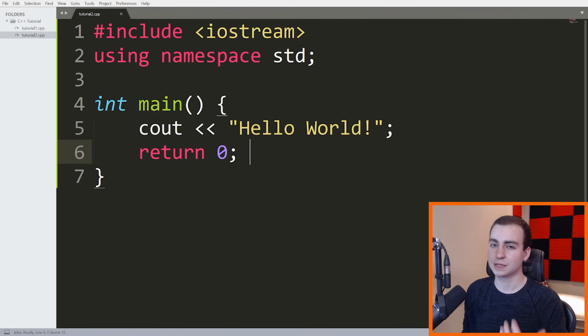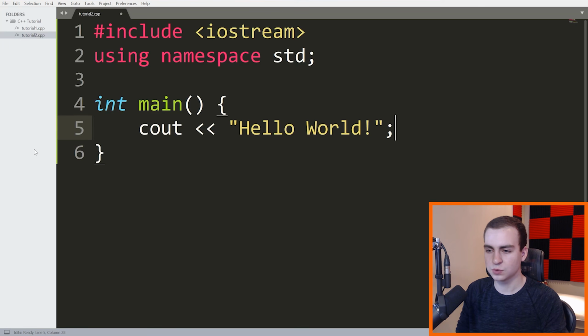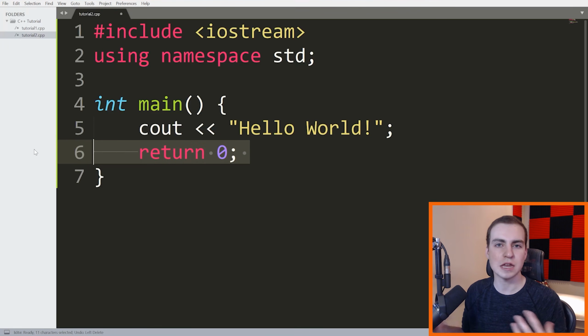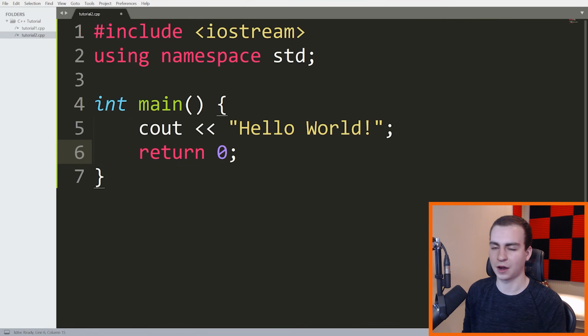Now, in this main function, we actually don't need this. The reason we don't need this is because this main function is the entry point of our program, and C++ just knows that this one can be treated a little bit differently. We don't need this return statement. But in other functions we write, we will need this. And again, I don't want to get into this too much because I really don't want to confuse you guys. If it doesn't make sense, ignore what I just said. If it makes sense, great. But that's why we have this return line. This is just good practice to have in our main function.